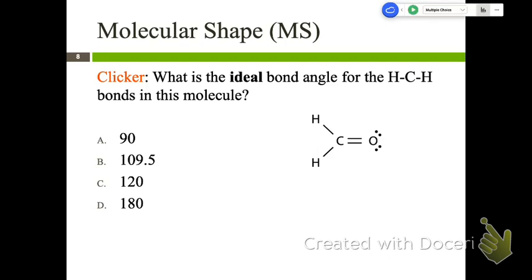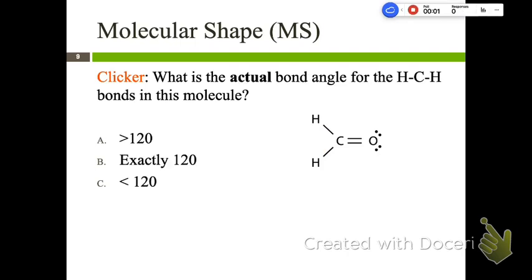A vast majority of students in this one said if you divide a circle in 3 parts, you have 120 degrees. So this angle right here is a third of an entire circle. It's 120 degrees. So I concur with the majority of the class. So next the question then becomes,